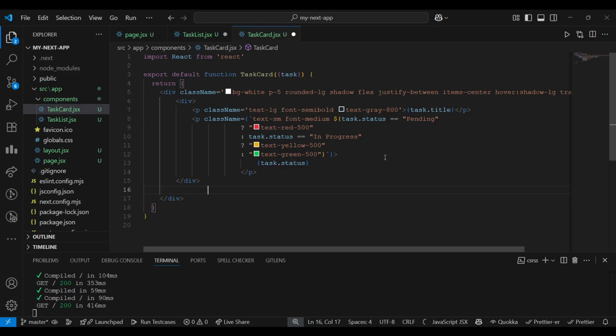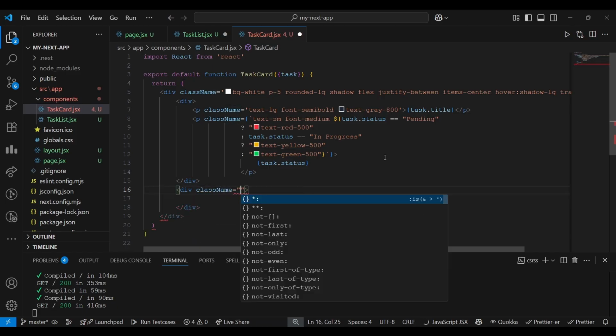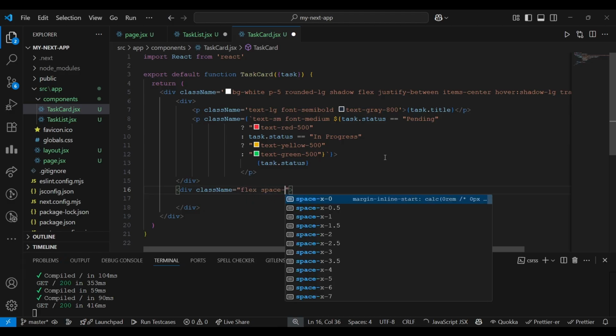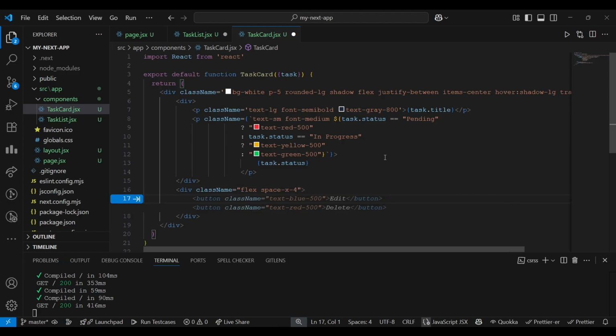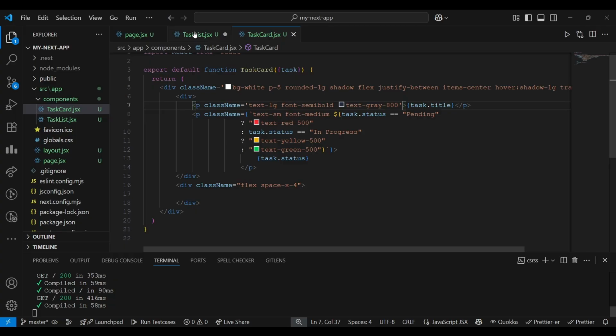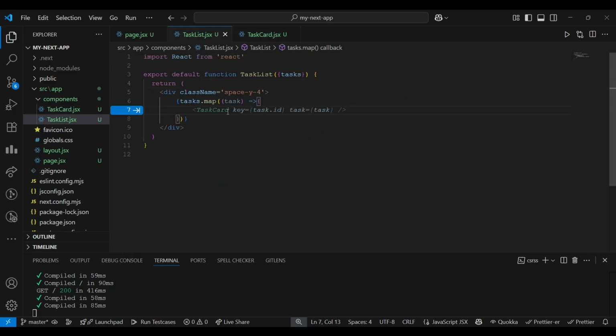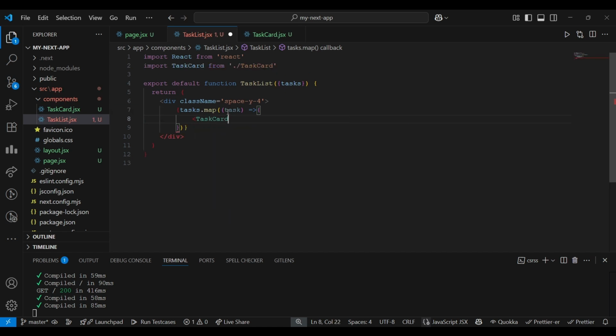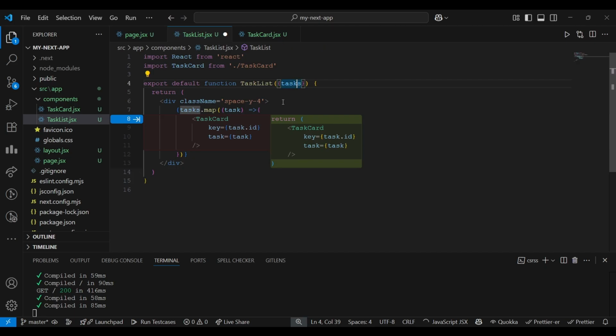Then I will create another div here, class name space x4. Now in the task map, I will send the data, the task card from the components, which is in the same folder. In that, I will be sending the key, task ID, and the task, and also I'm sending